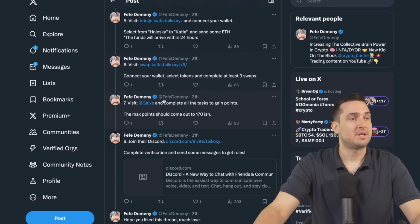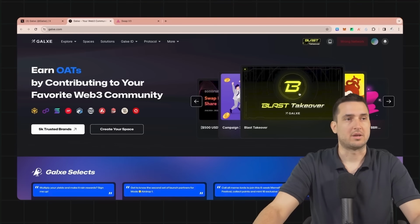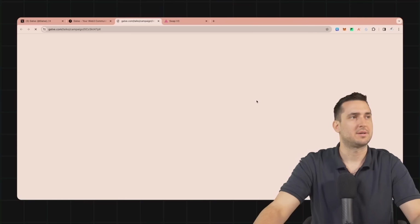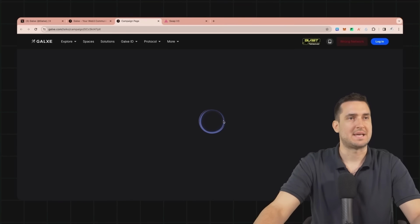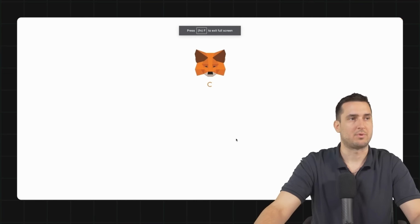So step number 7 is going to be to visit Galaxy, go to the website, and you gotta find TAIKO up here. So you basically just scroll through. Once you find it, you click and you complete all the tasks. Then you gotta connect your wallet up here. You can pick, for example, the base network, approve,